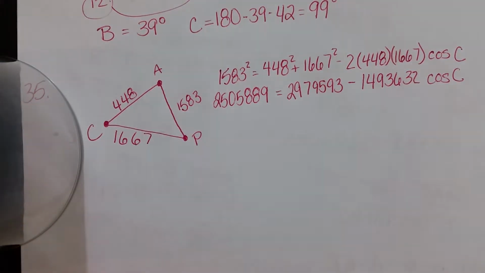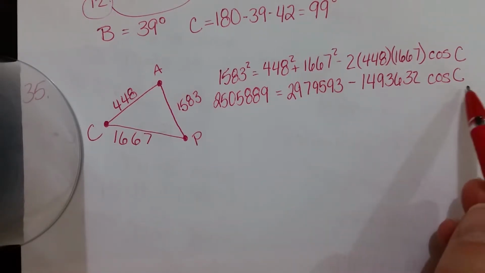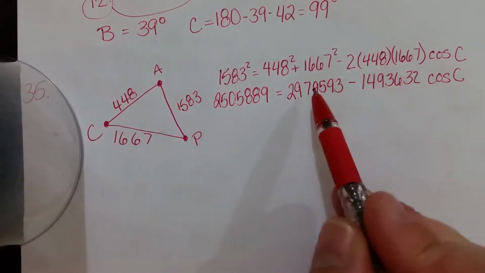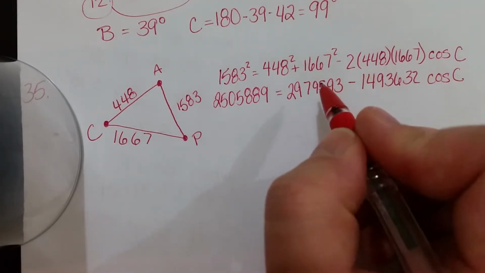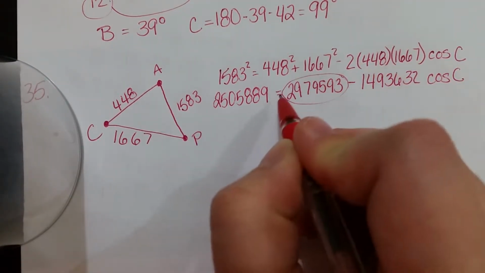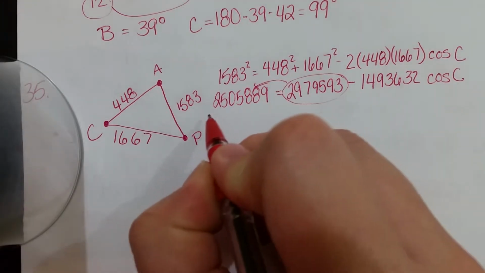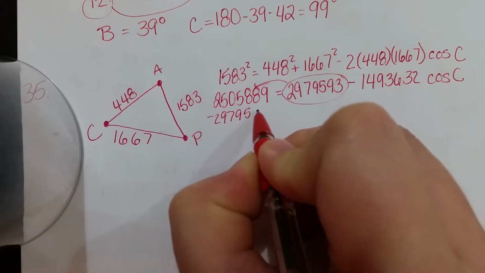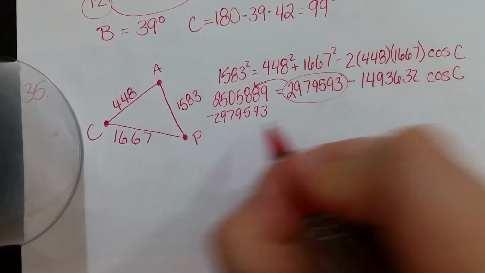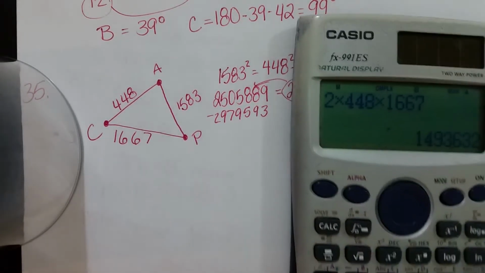Alright, so in order to solve this, basically this number is attached to cosine C, so please don't put these two numbers together. You're not allowed. What you need to do is you need to minus this one to the other side. So minus